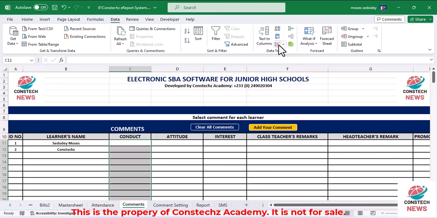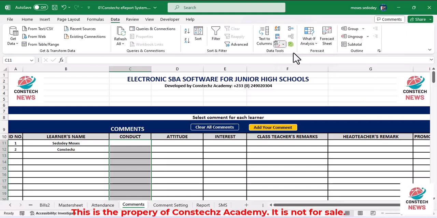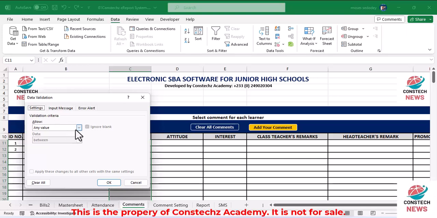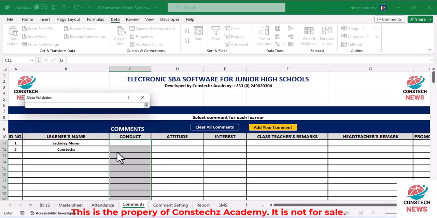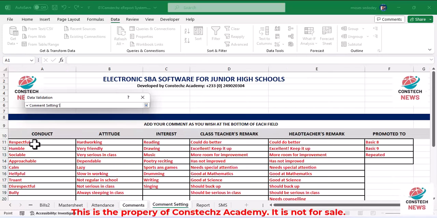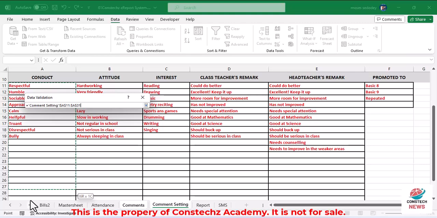Under data tools, you go for data validation. Then you click on allow, go for list, and then go to source. Click here, then you come to the comment setting, and you select this. I'm going to select the ones that I haven't selected. My focus is that